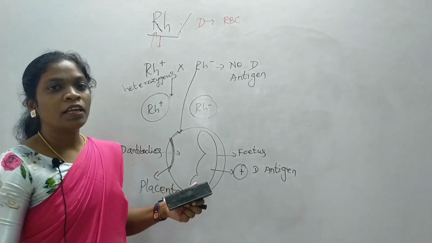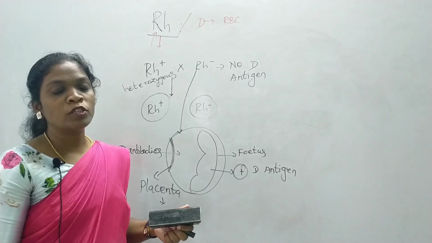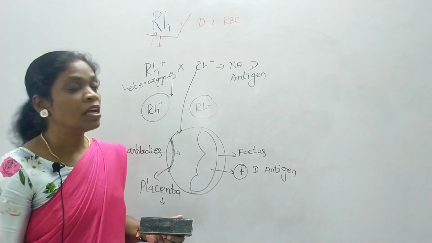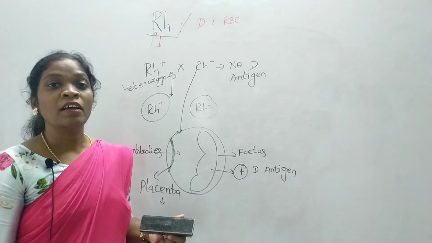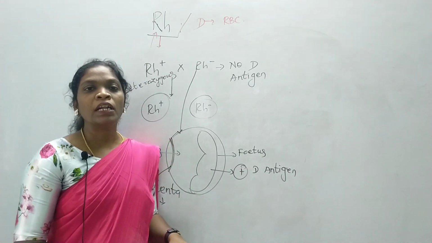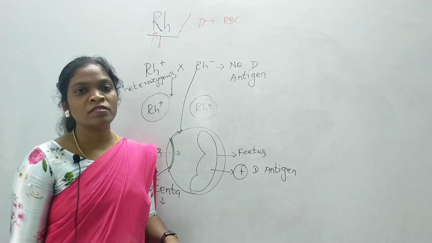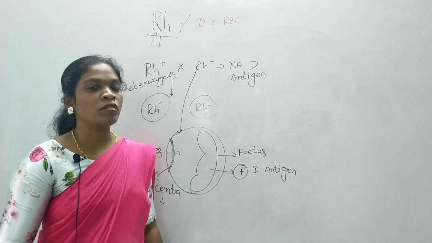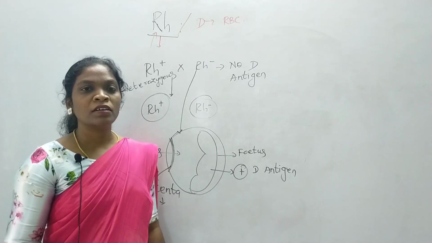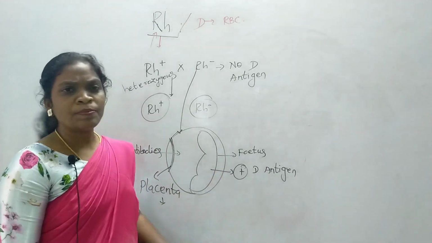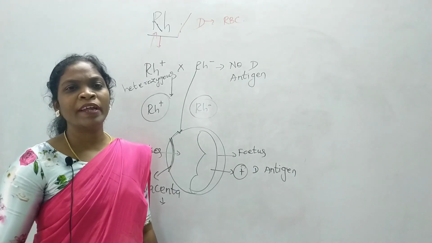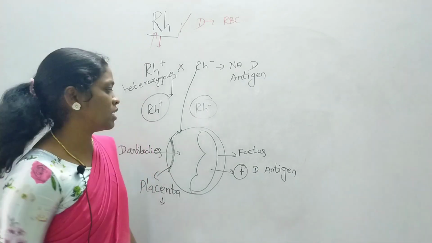So if the female is Rh negative and the developing fetus is positive, the problem occurs, that is erythroblastosis fetalis. To be in detail, it will not cause any problem during the first pregnancy, but it may increase the risk of erythroblastosis during the second pregnancy if the second baby is also positive. If the second baby is positive, the problem occurs during the second pregnancy. The first pregnancy will be normal, as we have learned, because the placenta becomes the barrier, so the D antibodies cannot enter the fetal circulation.